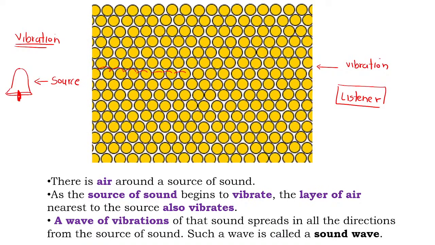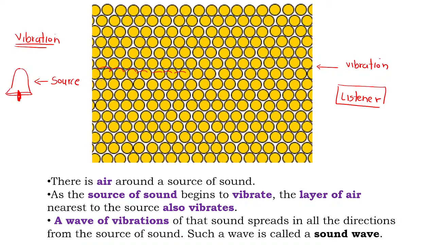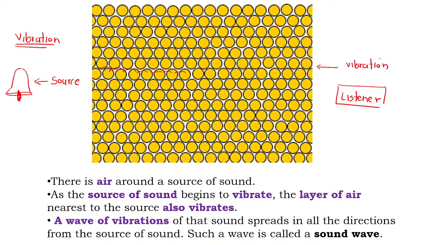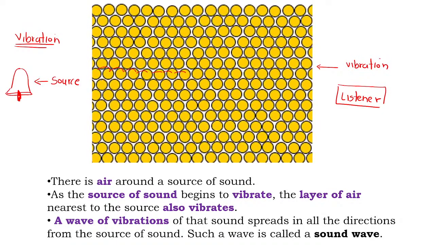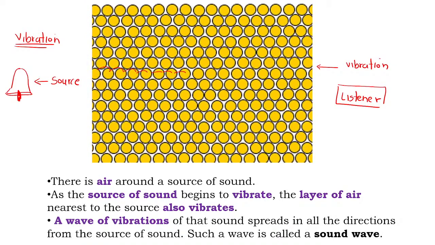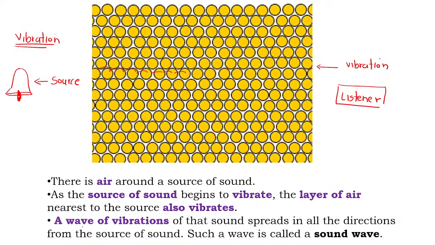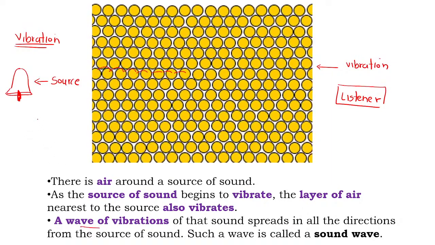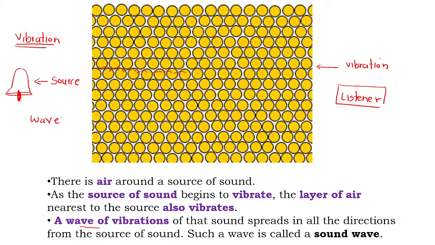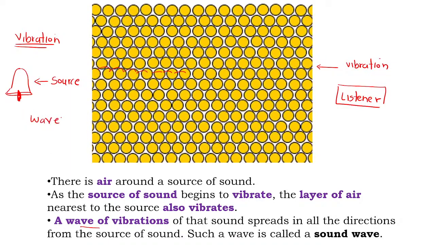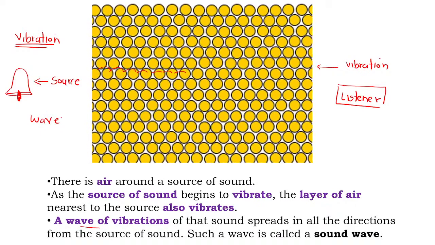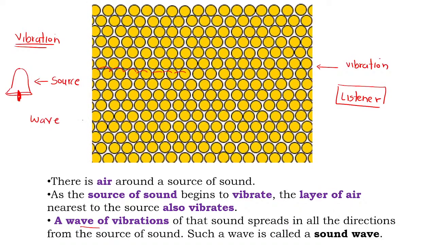Now what exactly happened? So air molecule around the source, I told you, they start vibrating, and there is a layer of air which is closer to the source, which will start vibrating first, and the vibration passes on from one to the other. How is the vibration moving? It is moving in form of wave. Have you seen water waves? Have you seen waves in water? You must have visited beach area. You must have definitely seen the wave near the beach side, okay, or the water wave or water ripple.